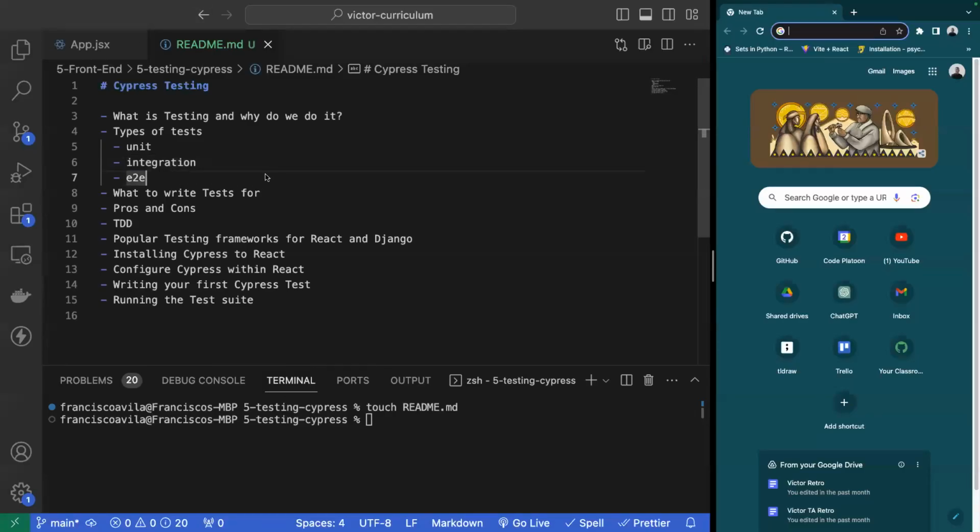Okay, good morning, everyone. Today we're going to be talking about Cypress testing within a React MV environment. So the topics we'll be covering today will be, well, what is testing and why do we do it? The types of tests that we'll be running into, what to write tests for, the pros and cons of test-driven development,